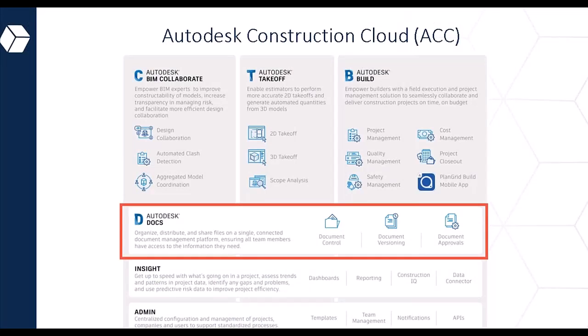Within ACC, we have Autodesk Docs, which is a cloud-based environment for managing and sharing data that enables teams to streamline collaboration and organize project information seamlessly. Getting your team collaborating seamlessly during the conceptual stage of the project can make design changes and risk management much